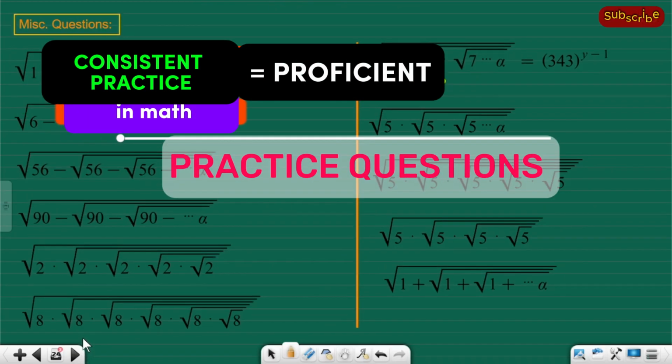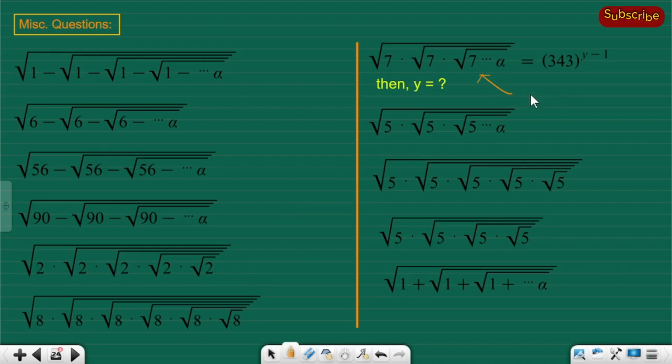So, practice question. Do this practice question yourself. Okay, let me do this one. Here, what is this? This is an infinite series of the same base, an infinite series, square right here. So the base is just